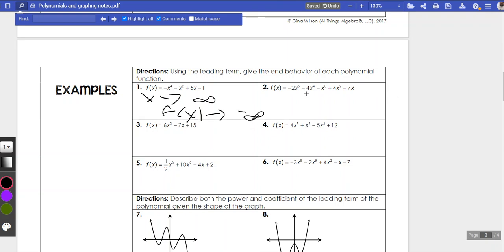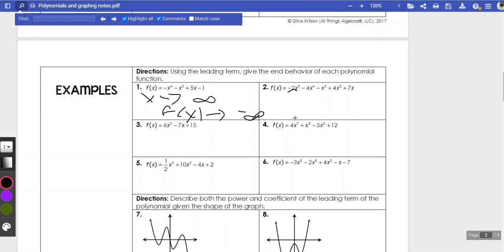For this one, the lead coefficient right here, this lead coefficient is negative and it's an odd. So this one has x, as x approaches infinity, going to negative infinity, and as x approaches negative infinity, the output, the function itself, goes to positive infinity. That is pretty much what we talked about in class on the first day of the new semester. So hopefully that makes sense to you,